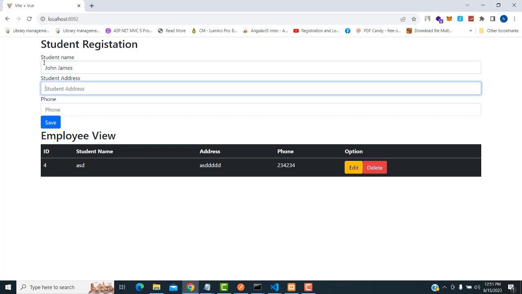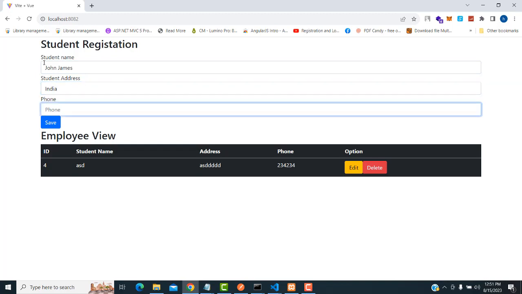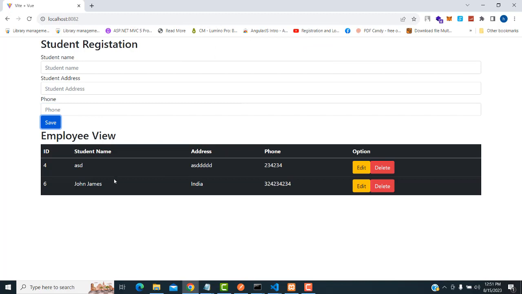John James, address India, phone number. I'm going to type some phone number, click the save button, record saved. Here the newly created record will be added into the table successfully. Here if you click edit, the editable record will come into the form. If you click the first one, you will be able to see the edit record will be passed into